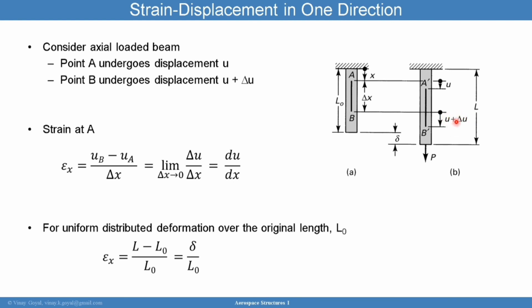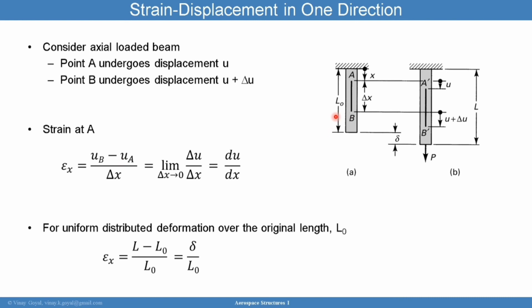And we know it's U because the line moved an amount U totally, but then also there's a stretch of that line. As you can see here, A prime, B prime, that distance looks longer than here. So that's where that U comes from. And so what is the strain at A? The strain at A is the deflection at UB, so this, how much this moved,